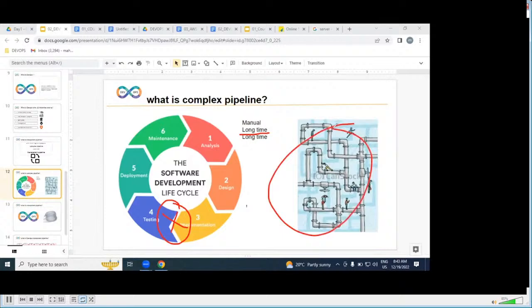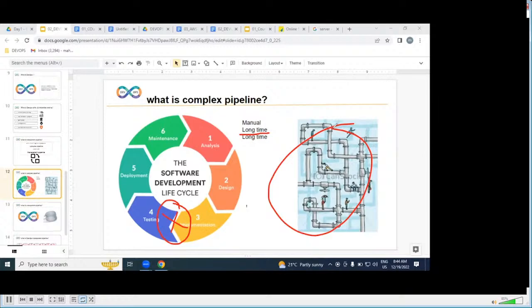Example, a water pipeline. The water pipeline is underground. Somewhere there is a blockage, not a leakage, a blockage. Can you find immediately where the blockage is? Experts are required, and we need to pay more salary. Even experts may take half an hour, one hour, or a day. It will take a long time. The same happens in the SDLC process. If you get any issue or problem, identifying it will take a long time, and resolving it also will take a long time.